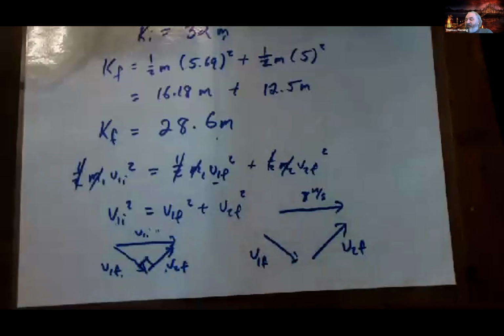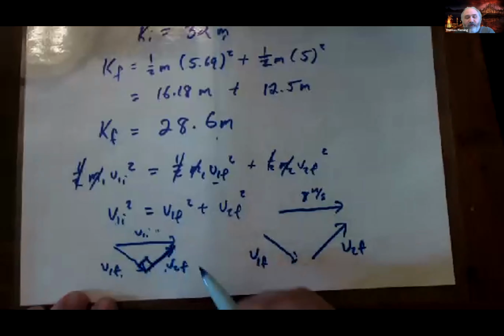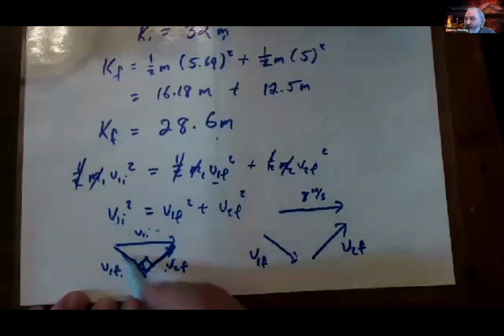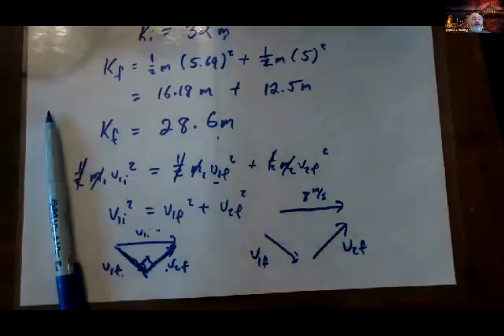Now, notice that's the angle between the direction that object 2 goes flying off at and the direction that object 1 goes flying off at. So for this very special case, if I have an elastic collision between my two balls, they will always fly apart at a 90-degree angle. So what if I had gone back to the original problem